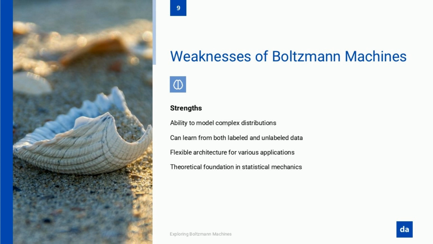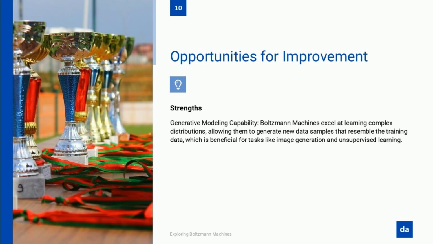Let's explore what's being done to overcome these limitations and how they might still find a place in the evolving landscape of machine learning. While Boltzmann machines face significant challenges, they also present unique opportunities for improvement that could make them more practical and widely adopted in the future. Many of their limitations, slow training, high computational costs, and scalability issues, are being actively addressed through new techniques and hybrid approaches. The question is not whether Boltzmann machines are obsolete, but rather how they can be optimized and adapted